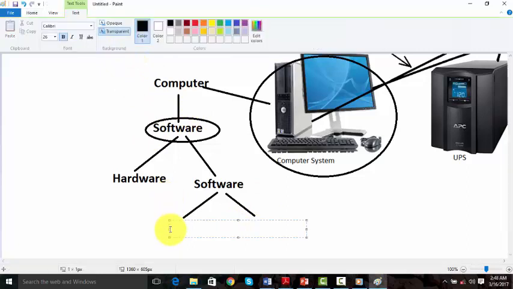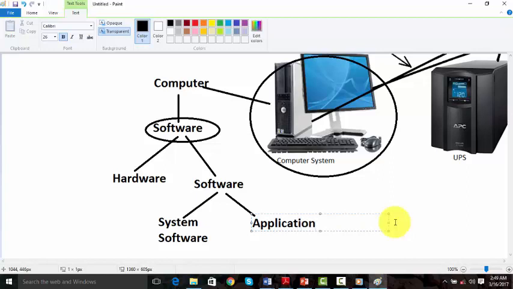So we are going to look at it to say we have what we call the system software. Let me drag this word there. Then also we have what we call the application software. Okay, thank you.